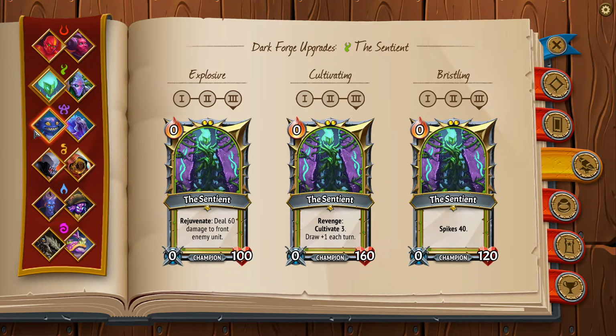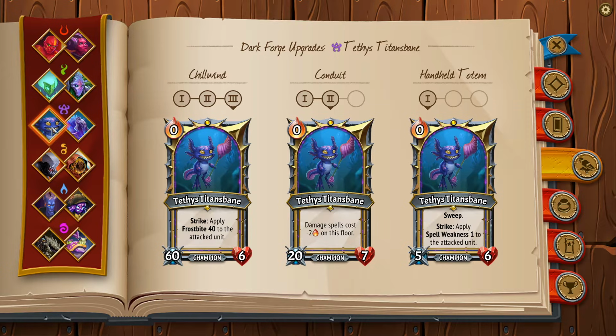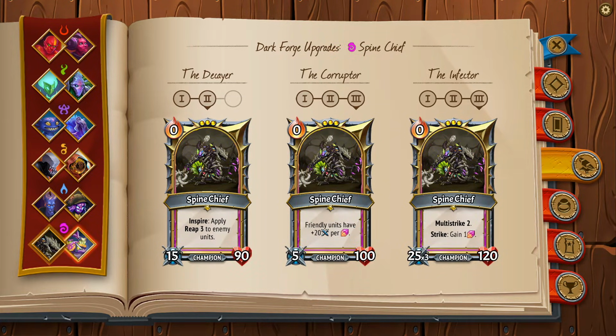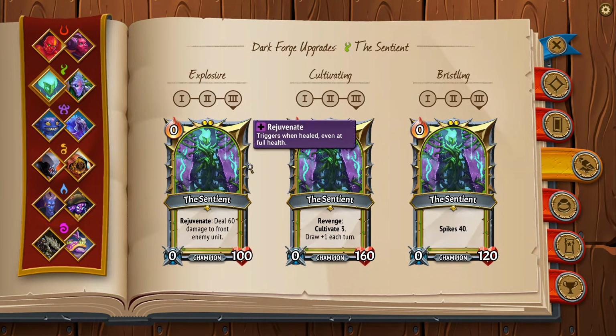Then you have every class, and each one has two different things. You have two different heroes here. You get the DLC, you have two different heroes. And then you mix and match them. So you might have a tanky, in my case, I just had this tanky spike build, and I was using